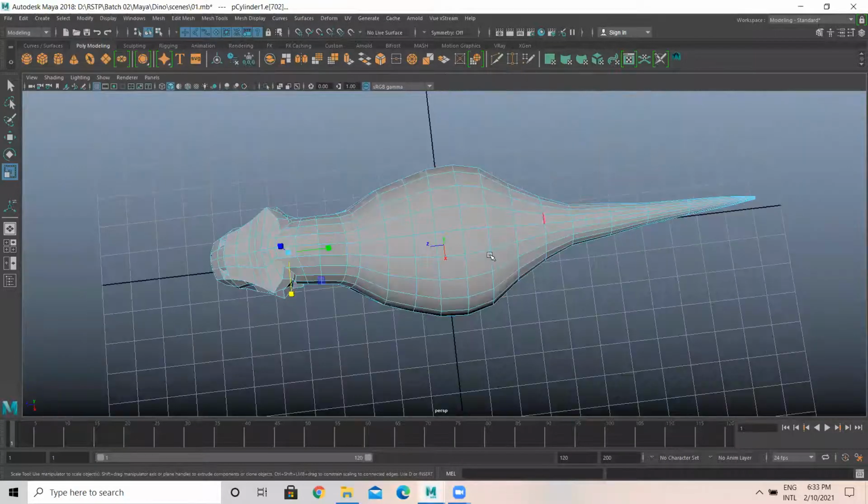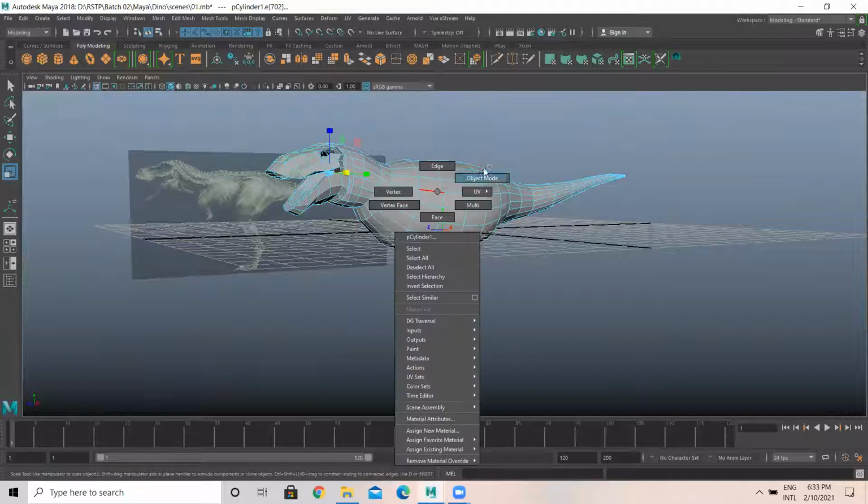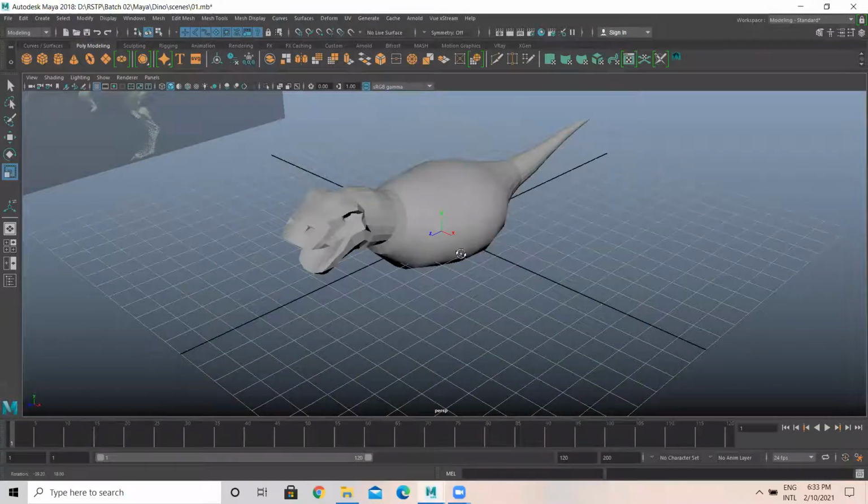Okay, from all the angles you need to check, then only we can do. Fine, get the shape up to here.